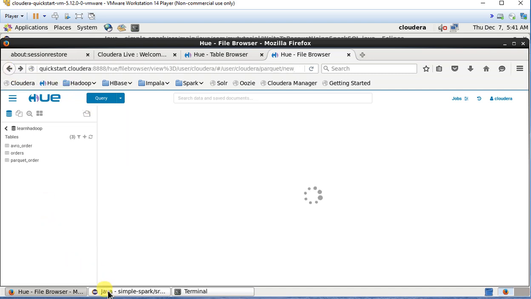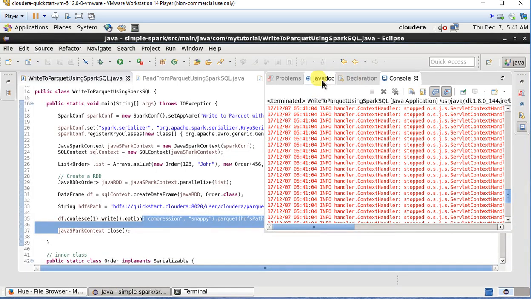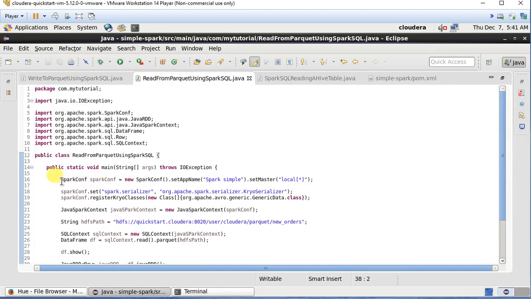Next, now I'm going to read from a Parquet file, reading using Spark SQL, which is straightforward. Create a Spark conf. I'm setting this Spark name as Spark Simple. I could have even written it as read from Parquet using Spark SQL or whatever. Running it in local mode, setting the serializers, creating the Java Spark context,